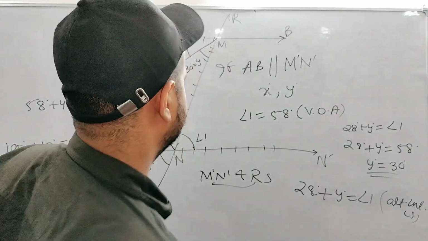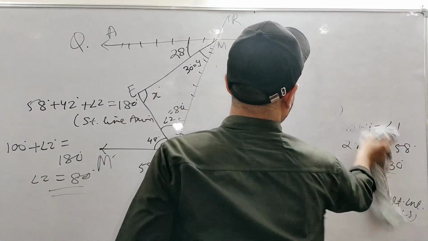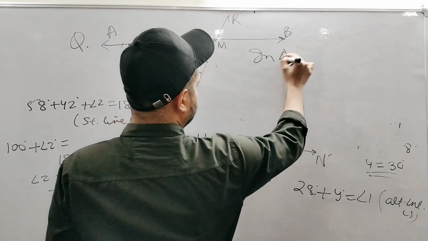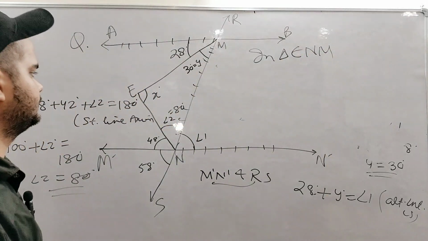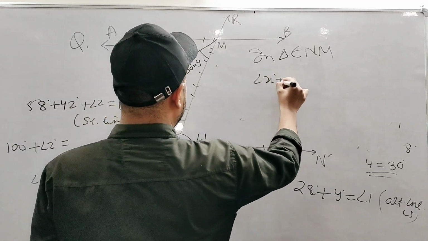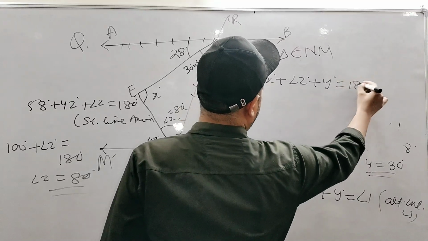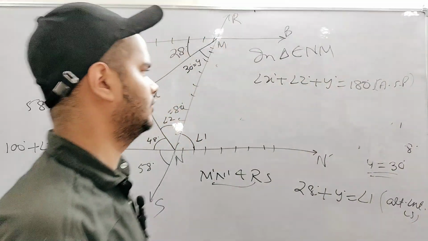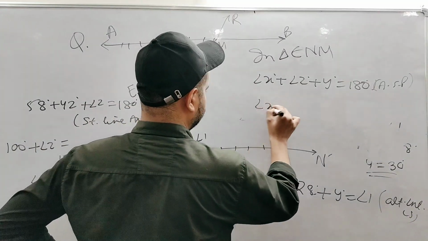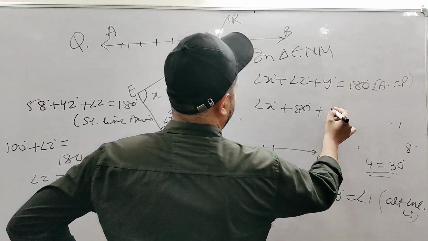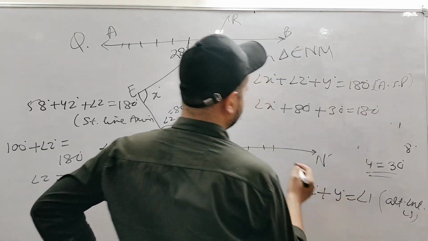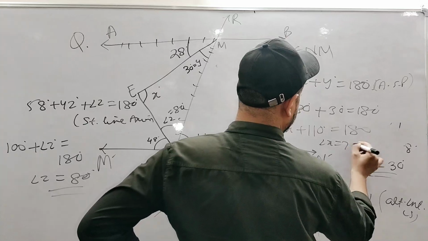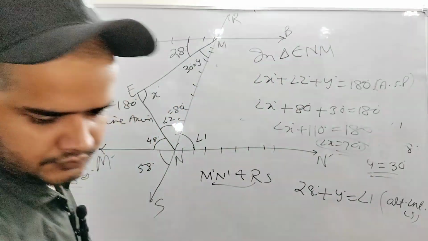नाउ टू फाइंड द वैल्यू ऑफ एंगल x, सिर्फ x निकालना रह गया। ये ट्राइंगल है ENM, इन ट्राइंगल ENM, we can say that angle x plus angle 2 plus angle y is equals to 180। ऐसा क्यों? एंगल सम प्रॉपर्टी, किसी भी ट्राइंगल में तीन एंगल को जोड़ के हमेशा 180 आता है, तो x निकालना है, एंगल 2 80 डिग्री का है और एंगल y 30 डिग्री का है, इज इक्वल्स टू 180 हो गया। सो वी से एंगल x प्लस 110 इज इक्वल्स टू 180, सो एंगल x की वैल्यू 70 डिग्री आ जाएगी, ओके। नोट इट डाउन।